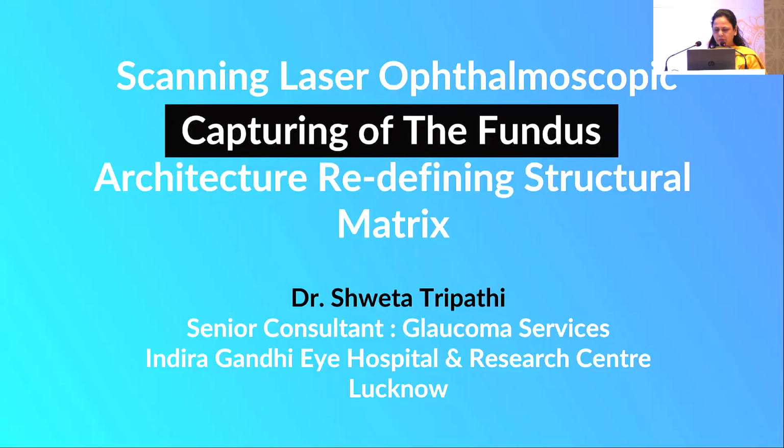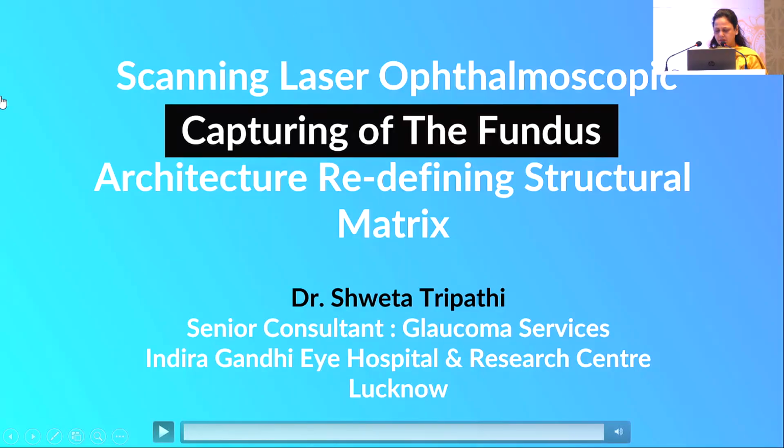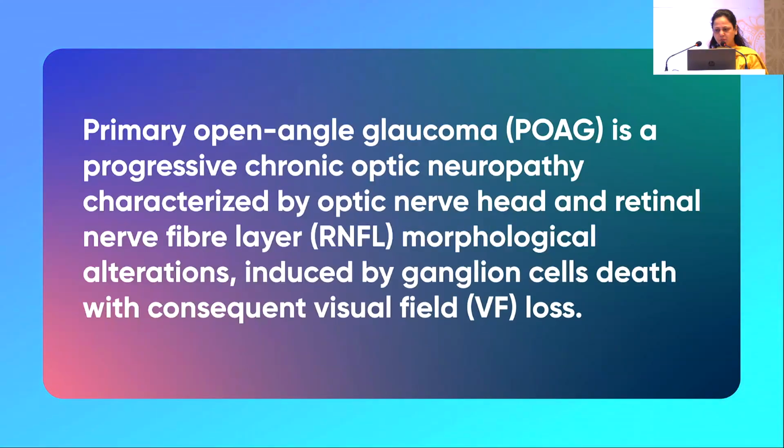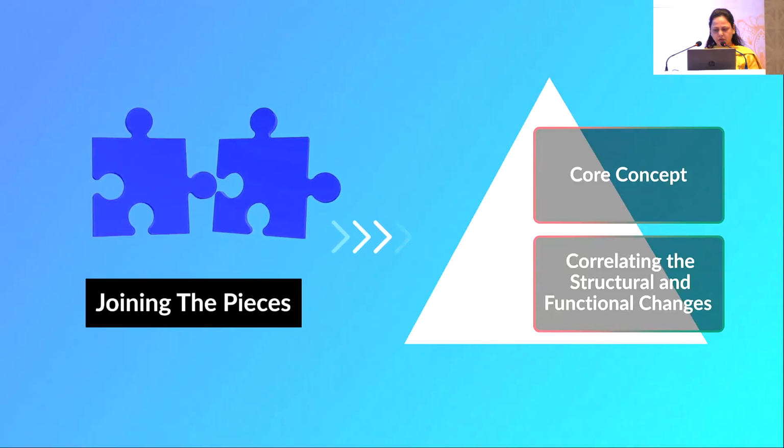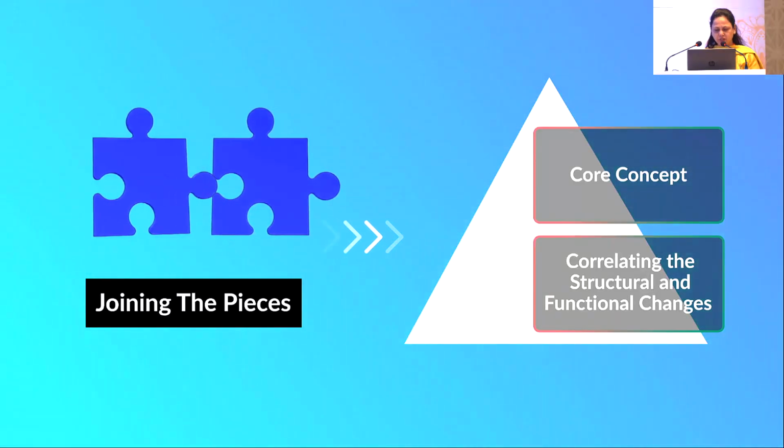So my topic would be capturing the fundus through scanning laser ophthalmoscopy in a much redefined structural matrix showcasing. Let's talk about glaucomatous optic neuropathy first, which is basically a ganglion cell death induced change in the structure, manifested by RNFL, which eventually leads to visual field loss, which is manifested functionally. So the core concept of glaucoma lies in the correlation of structural and functional changes if we join all